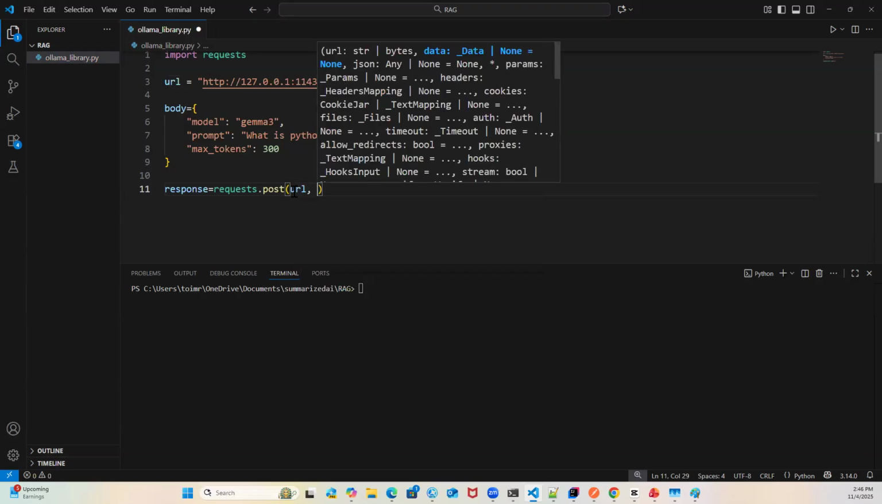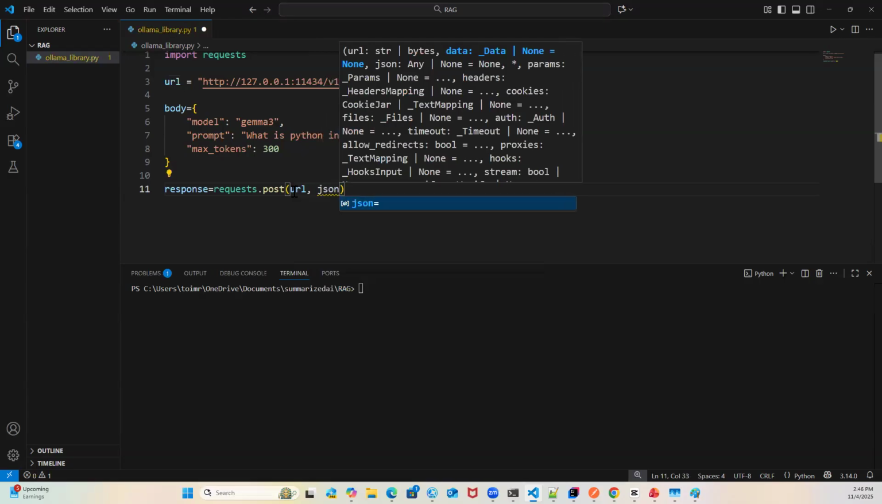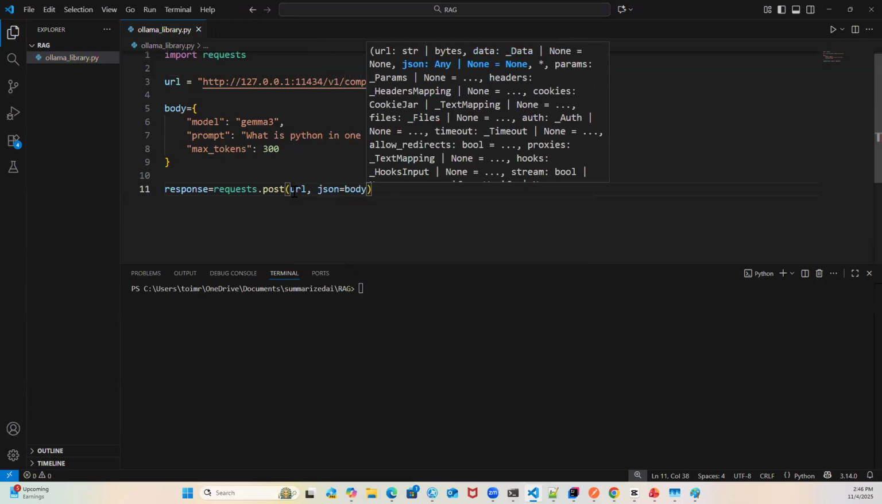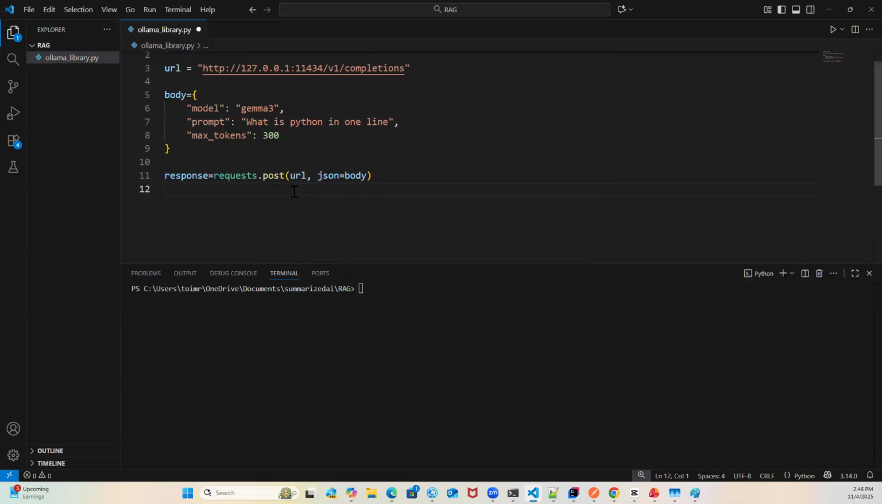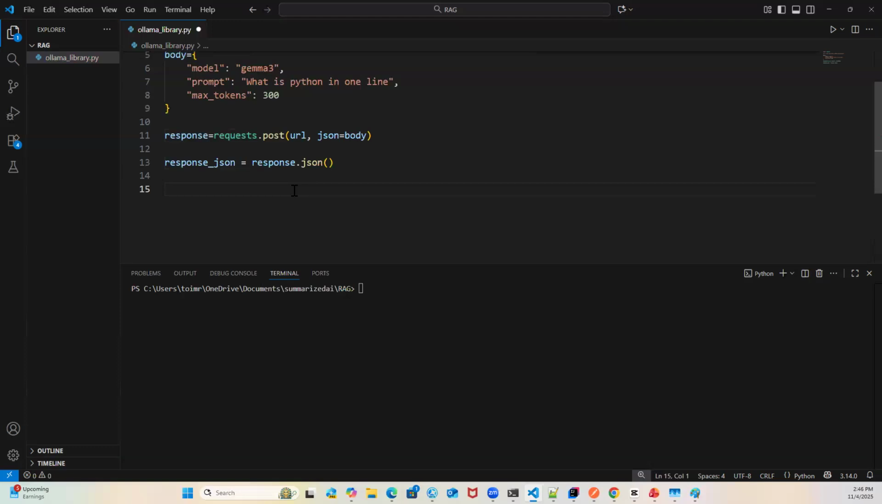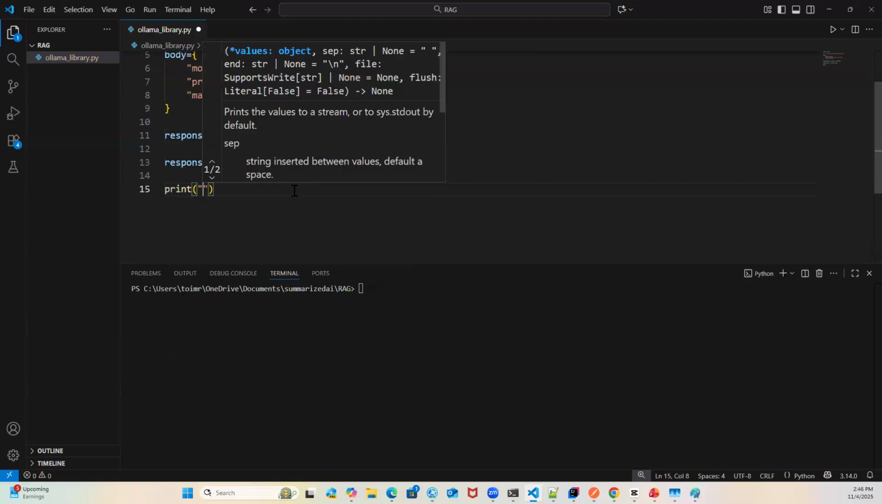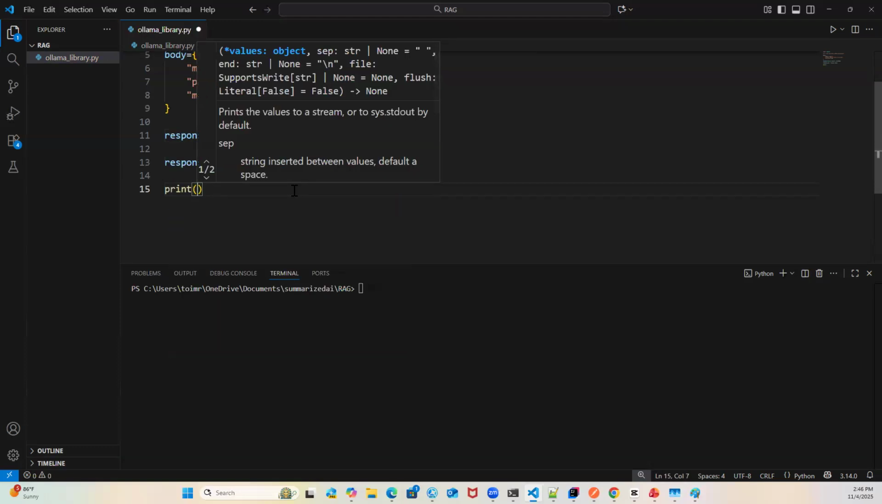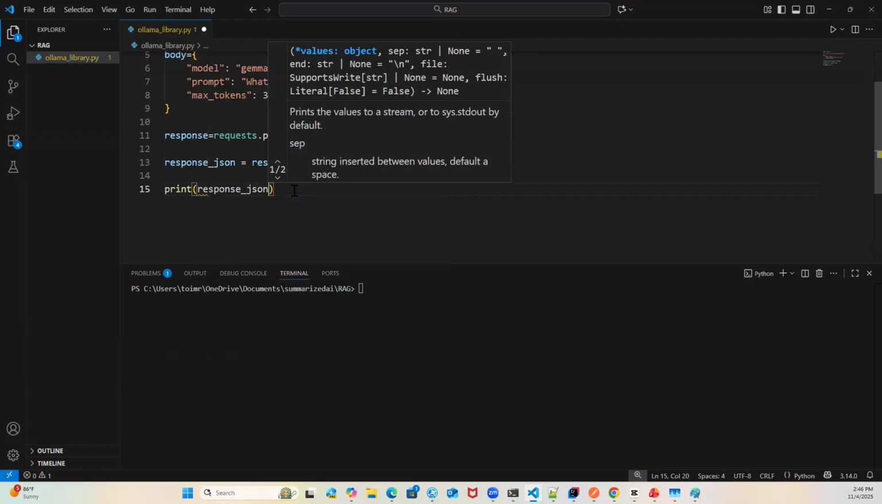So let's pass the URL and then say json equal to body. Now what we can do is get the response JSON. We have to convert this particular response, whatever we are getting, into JSON because we have to fetch the exact value from a particular key. Now, say print, and here you can say response_json